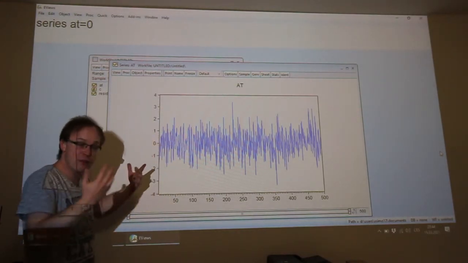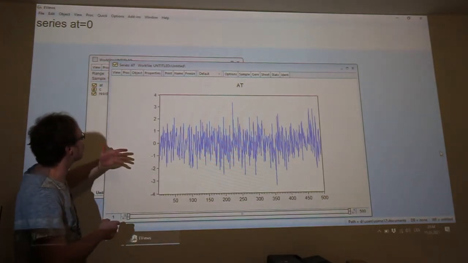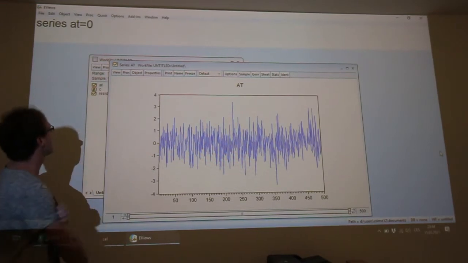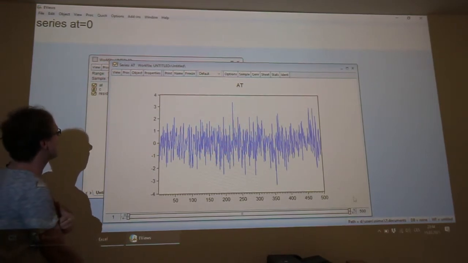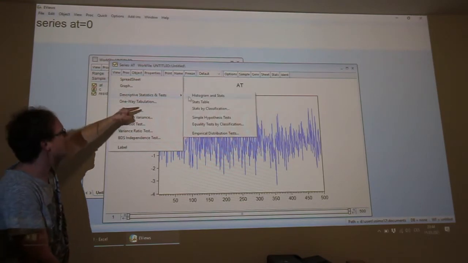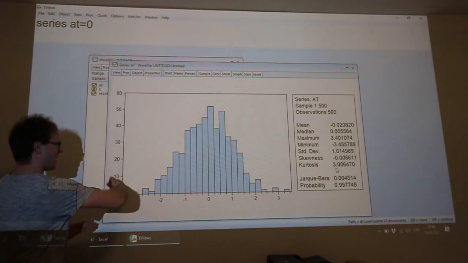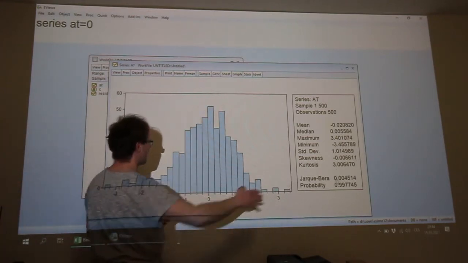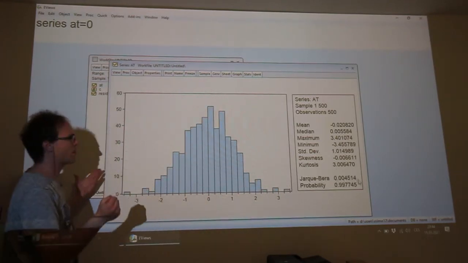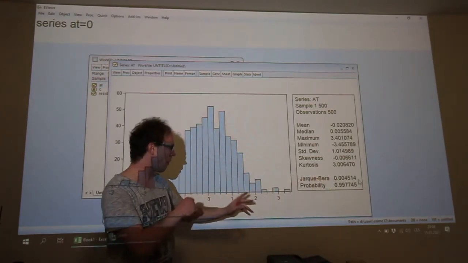We can verify if this is normal distribution. You can click on View button and find descriptive statistics and tests, histogram and stats. There is a histogram of normal distribution. Jarque-Bera statistic is very, very small.